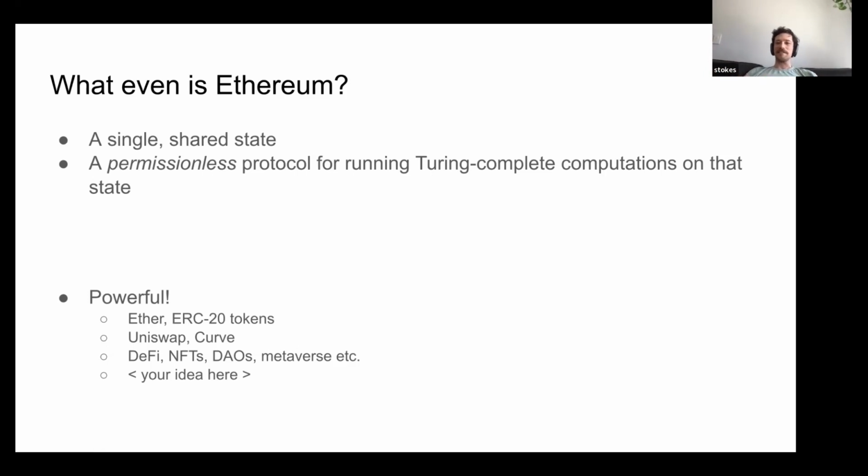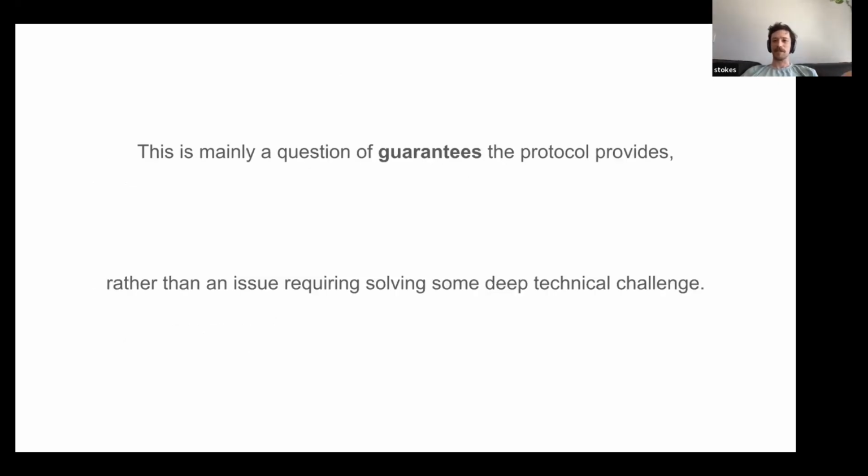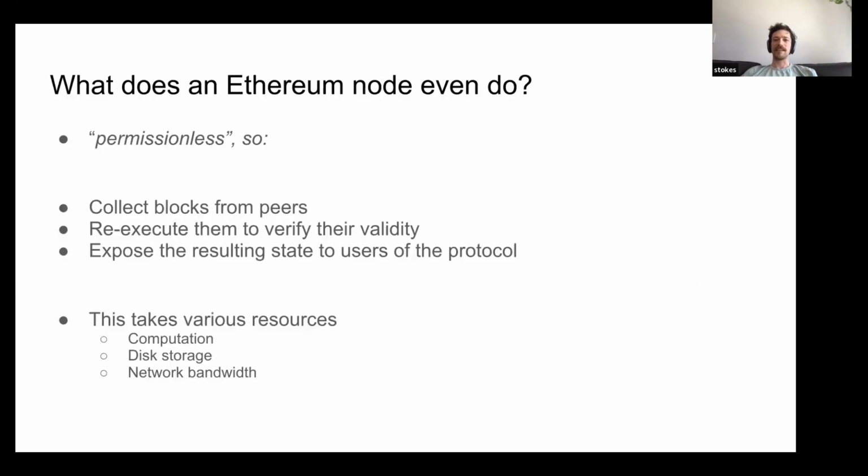But anyway, this is not me talking about Ethereum in general. This is me talking very specifically about history expiry. So the point is, there's a state, and we have this protocol to change the state. This definition will be really important, because to answer the question of what the guarantees are, we're going to have to answer this question. So we at least have a working definition for what Ethereum is. Then the question is, if we have this node, the software that implements the protocol, what does that node do?